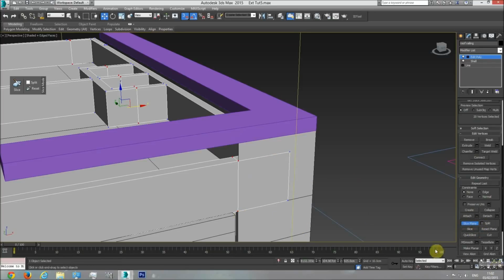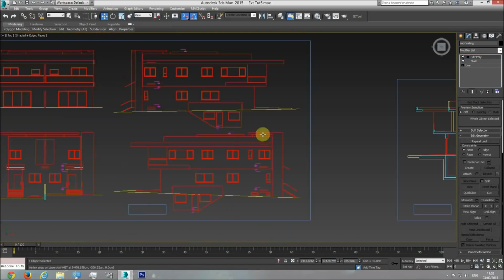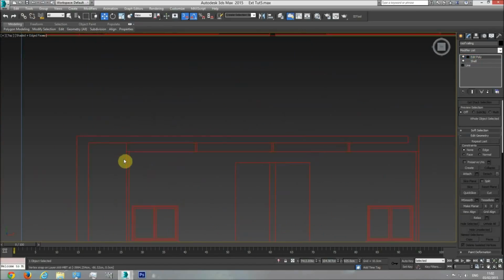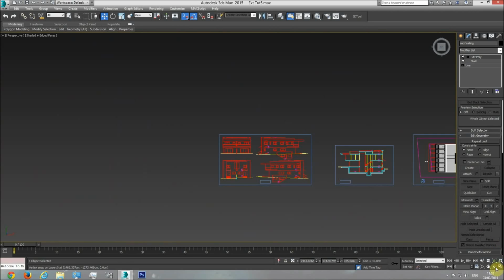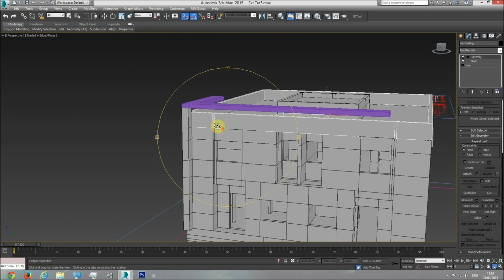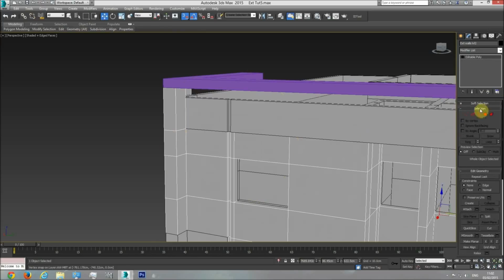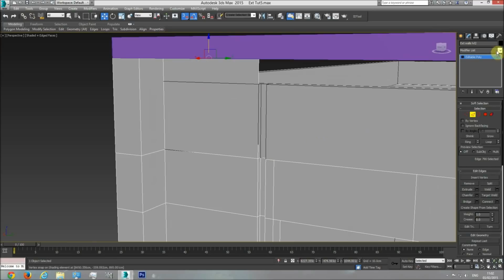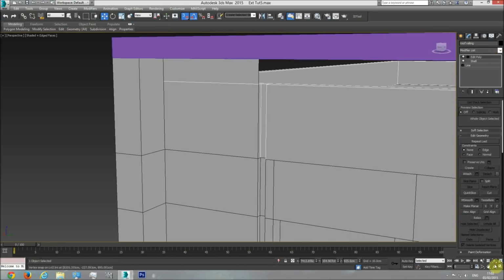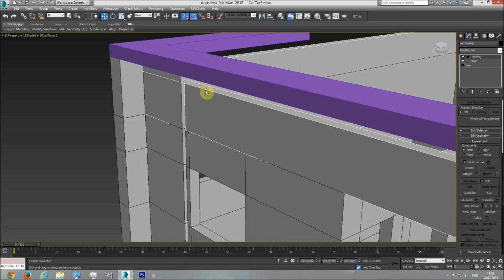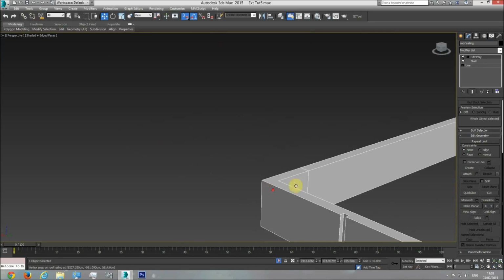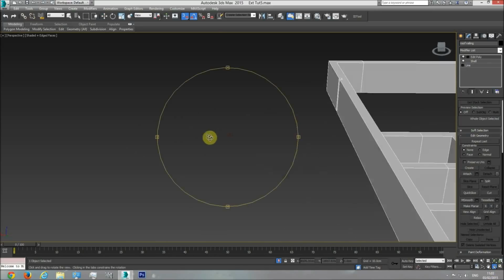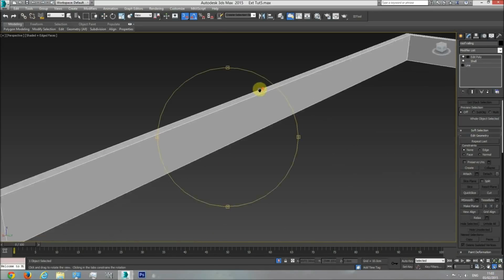Slice. Now next thing I'm going to do is check in the plan in the front viewport. Yes, this element goes all the way up in the front also. So if I go to the front view here, I need to also take this edge here up to the element, like so. So we're going to cut this roof in this point here. I'm going to isolate selected. Now we have a cut here, which we created, and we also need to cut the wall in